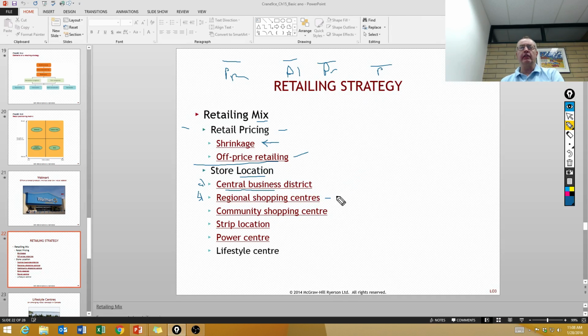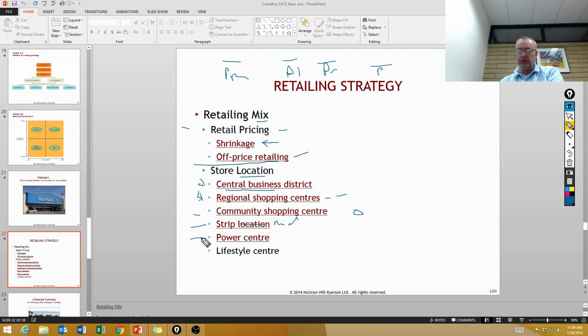And then they'll have a bunch of other smaller stores. And then we have community shopping centers. So you'll have one anchor and 20 to 40 smaller stores, and they obviously serve smaller communities. We have strip malls that we see all the time. So it's a small collection of stores in a neighborhood. So maybe we've got a restaurant and a laundromat and a gas station kind of thing.